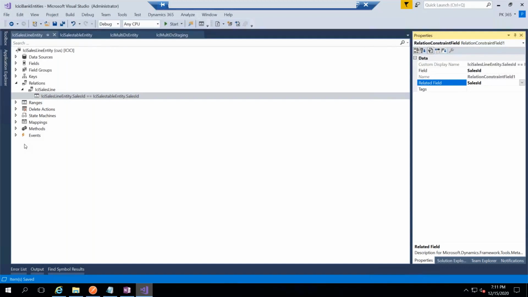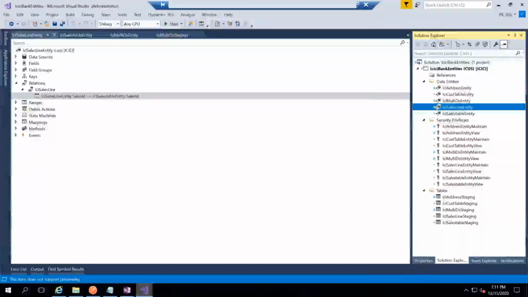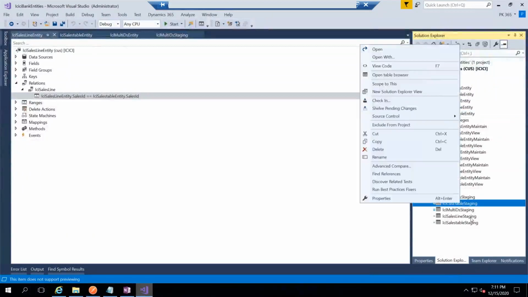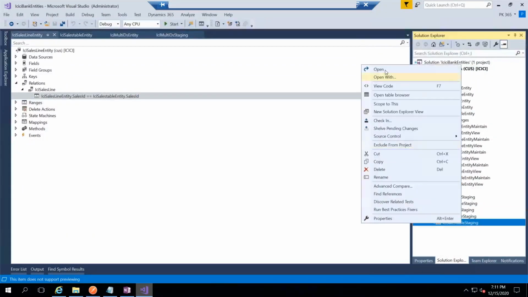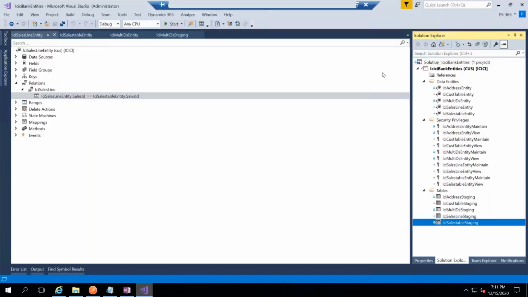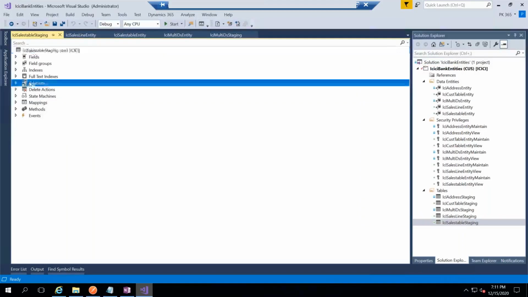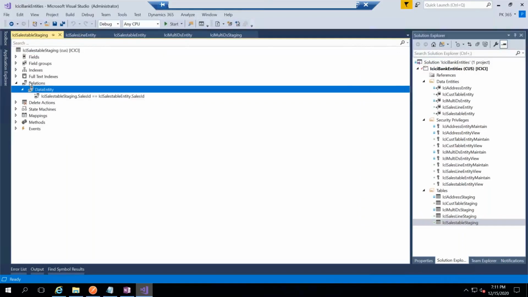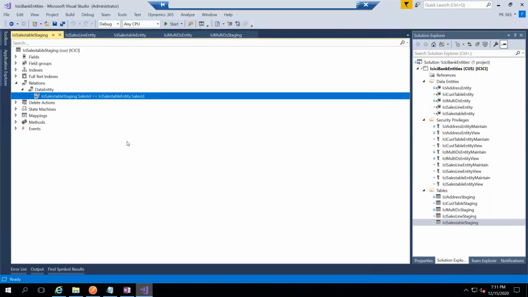Frankly speaking, what is the next step? You have added these relations between the entities. Then what about the staging tables? In the staging tables as well, we need to do that, right? I have the cost table, sales line, sales table. In the sales table staging, open. And if you see the relations, you can see data entity, ICI staging, sales table staging dot sales ID equal to this one. Along with this,